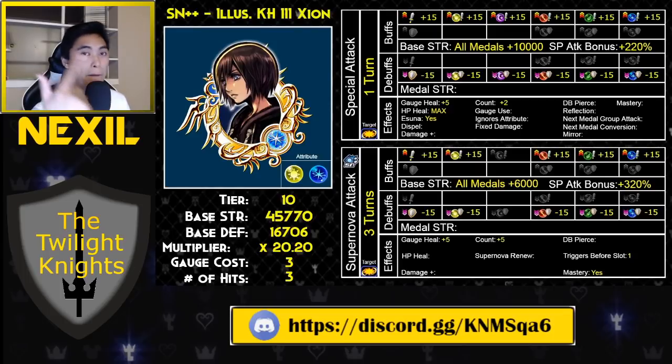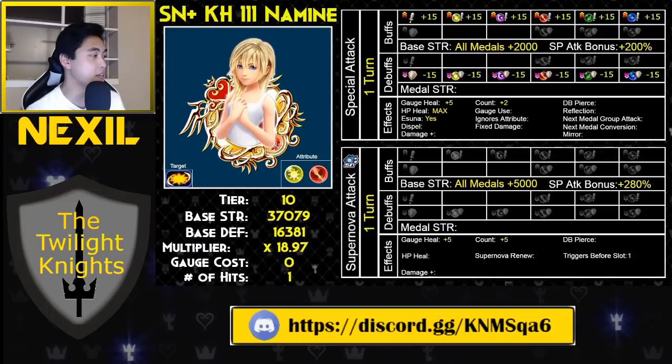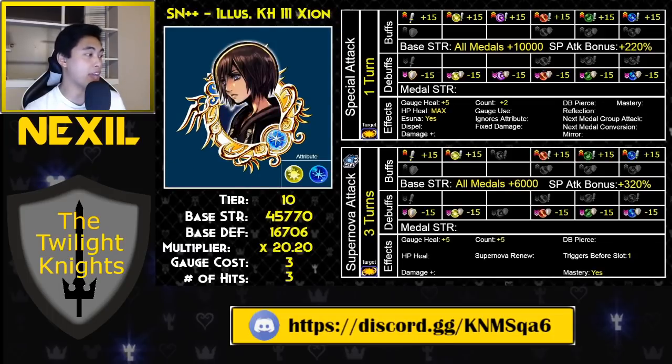So general, upright, reverse, power, speed, magic, you get all those buffs with this one metal. And again, it's a very rare ability to have. We've actually only seen it with specifically Namine and Xion. I believe there's no other metal that actually buffs